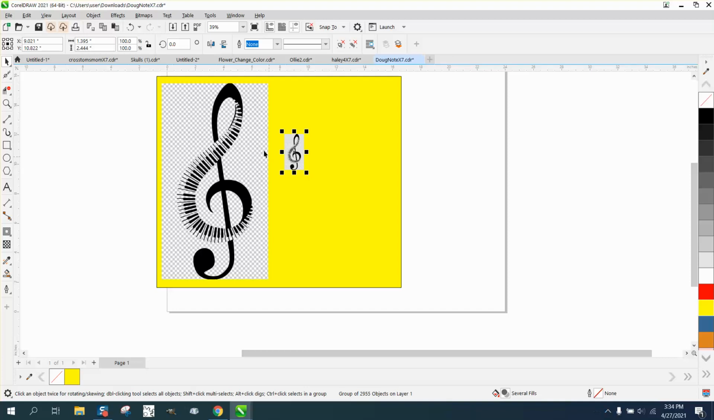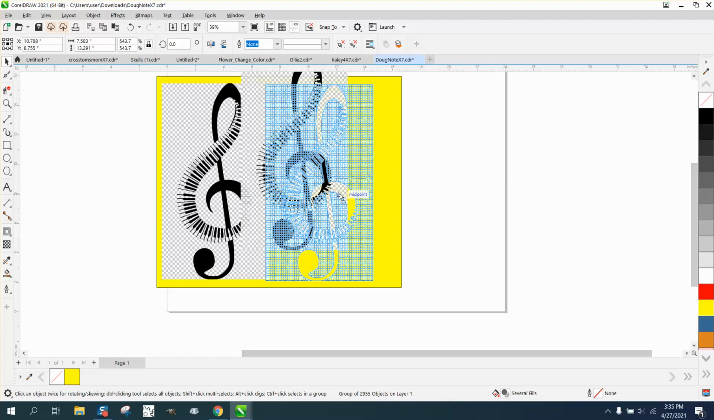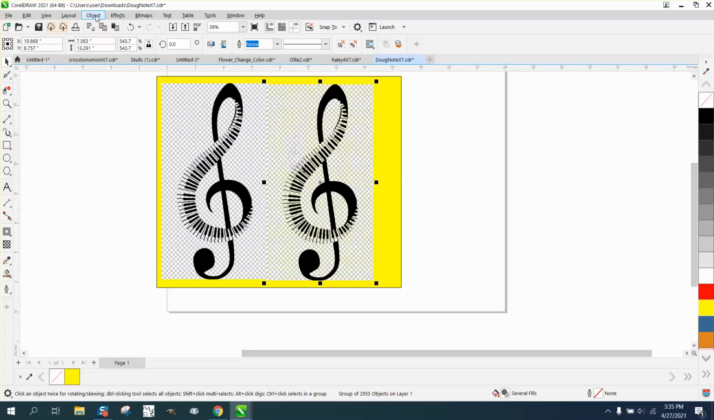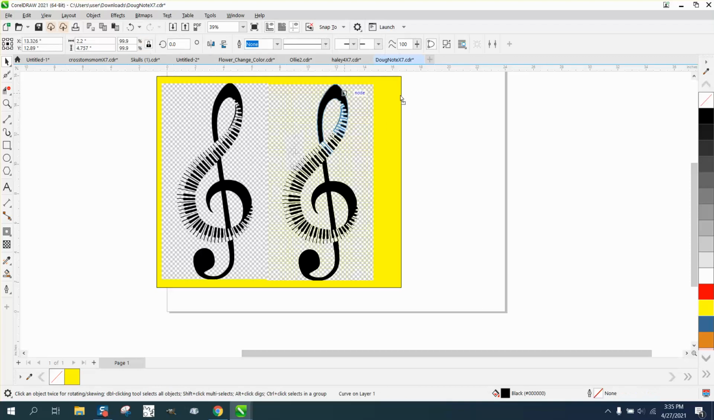At this time, you could actually make it larger with our ratio lock. We can make it 7.583 because we've already done the trace. It's already traced, and all you have to do is go to Object, Group, and Ungroup. But as you can see, it's broken up into pieces. So the easiest thing to do